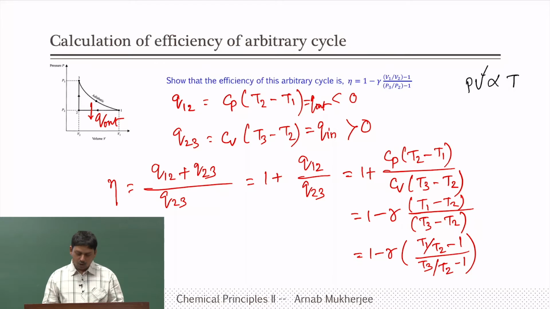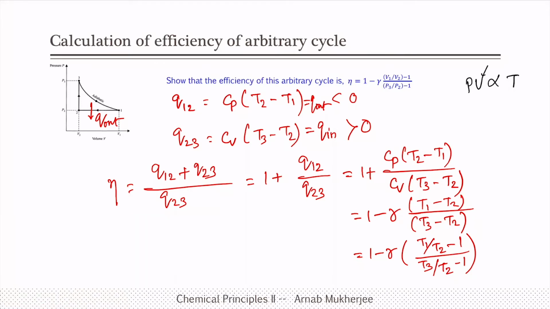So, T1 and 2 are related by constant pressure process. So, let us just use the formula as P1 V1 by T1 is equal to P2 V2 by T2. Now, P1 and P2 are same. So, therefore, T1 by T2 is V1 by V2. So, we can write V1 by V2 here,